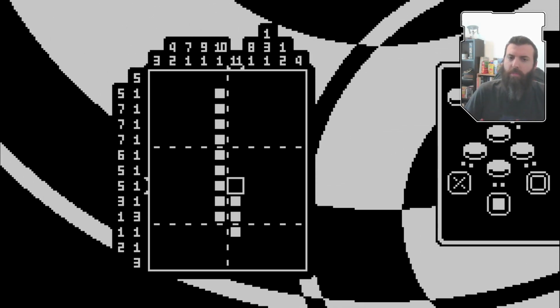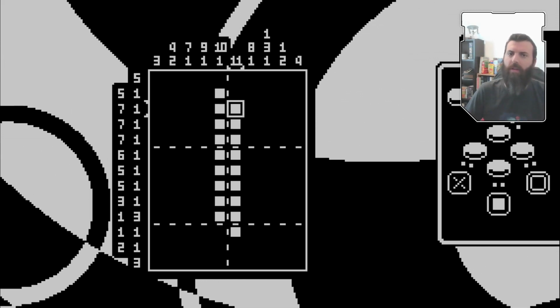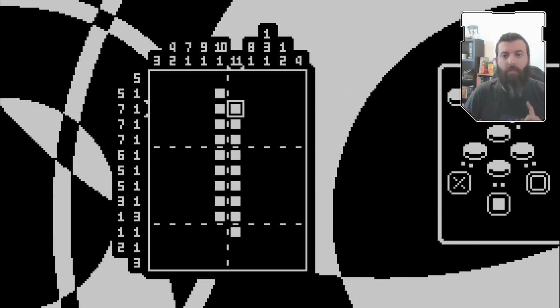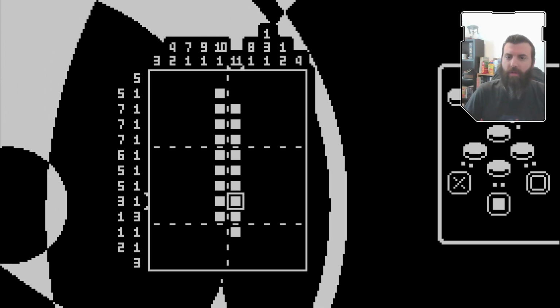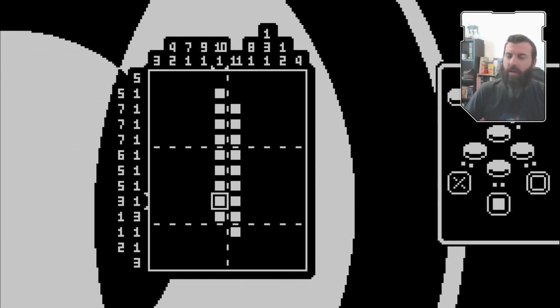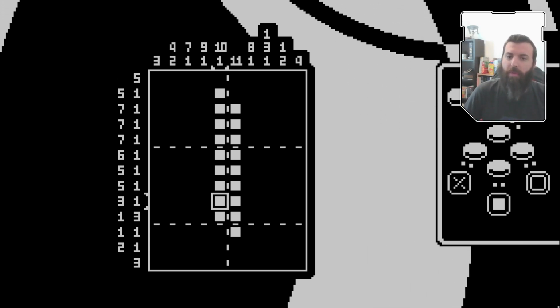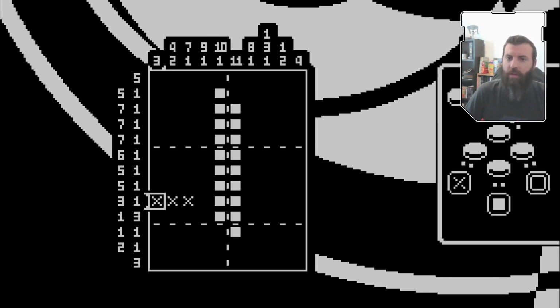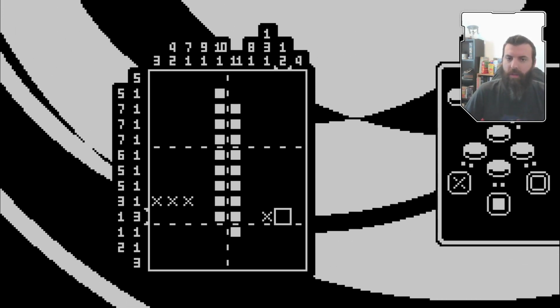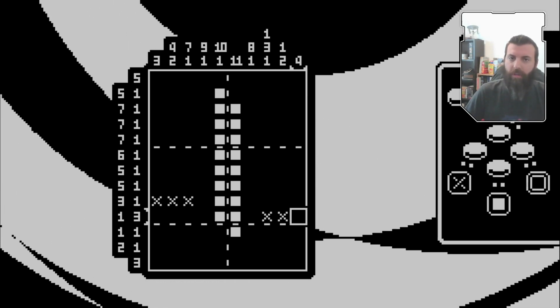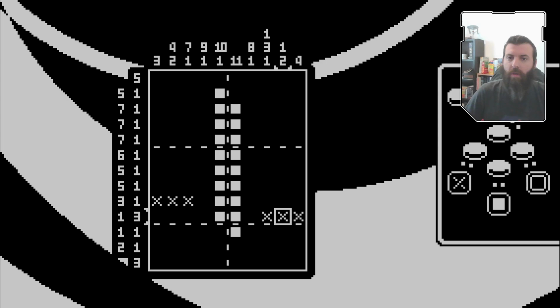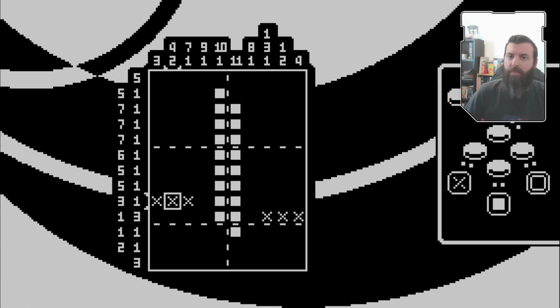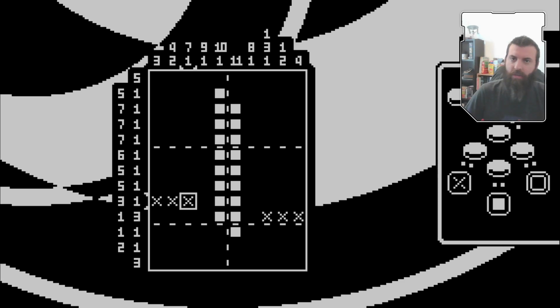Also gives us 2 pixels of wiggle room on this 11. That gives us more to work with. That tells us, okay, this is definitely on this horizontal 3-1, this is part of the 3. So none of this could be filled in. Similarly, none of this could be filled in. So, with these spots blanked out,